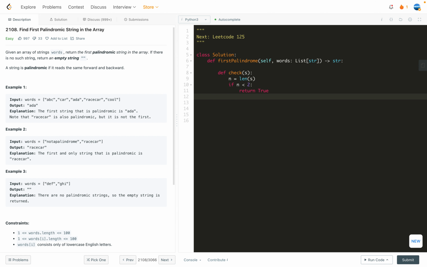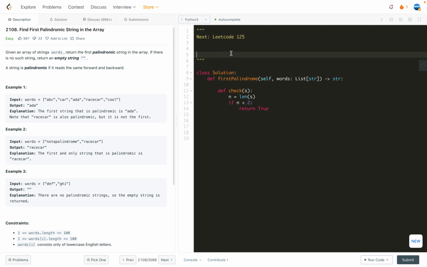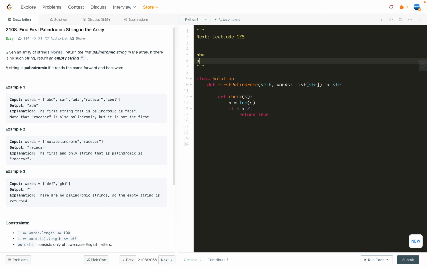Then for the generic case, notice that we just need to compare roughly one half. For example, if you have A, B, A, you just need to compare A. If you have A, B, C, B, A, you just need to compare A and A here, B and B here. In other words, the length, let's call it n over 2, integer division. So for i in range n over 2,